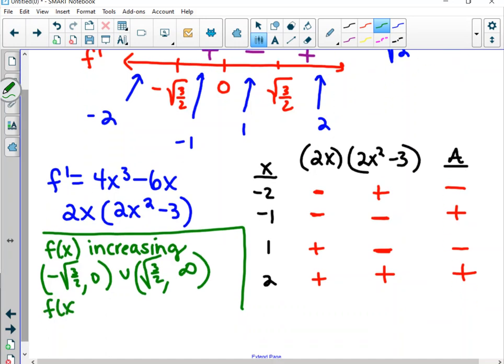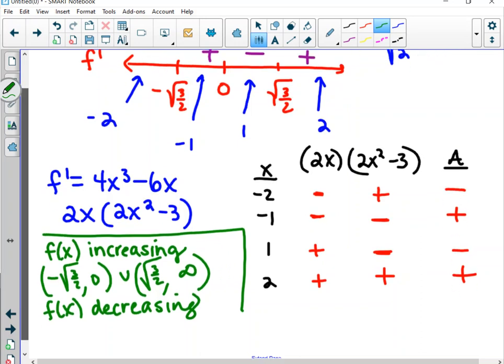And then, because we are doing so many polynomial functions, we are bouncing back and forth between increasing and decreasing. So my decreasing is from negative infinity to negative root 3 over 2, and from 0 to root